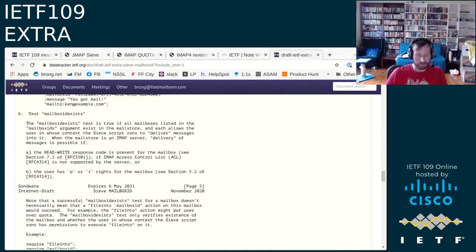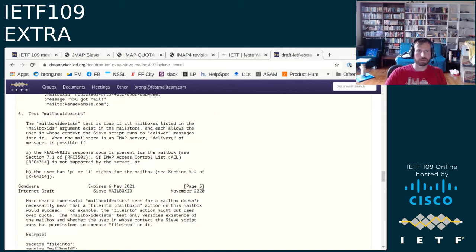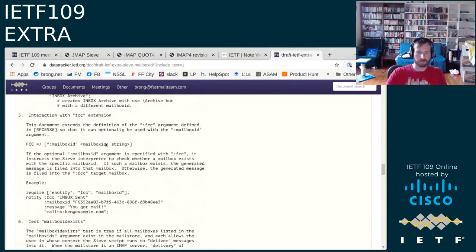What is the semantic of this going to be? Does it have to have both the ID and the special use? No, it's the other way around. The idea is that if you're using Mailbox ID, it doesn't make sense to put special use on also, and if you're using special use, it doesn't make sense to put Mailbox ID on.